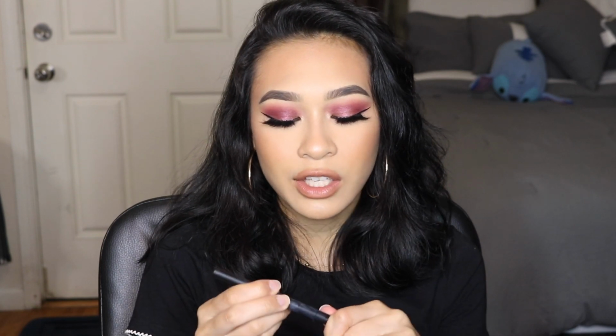This. The Makeup Revolution Brow Definer. I have the shade Dark Brown. Finally used her up. And she was just an okay brow pencil, honestly, really waxy. I was gonna just twist it up to show you, but you can't see anything. She's very similar in shape to the Anastasia Brow Definer, go figure with the name. I didn't like the formula because it was too waxy, like I said,